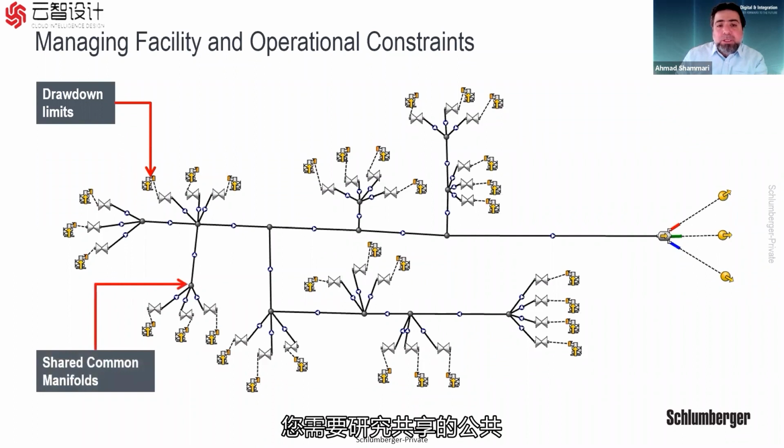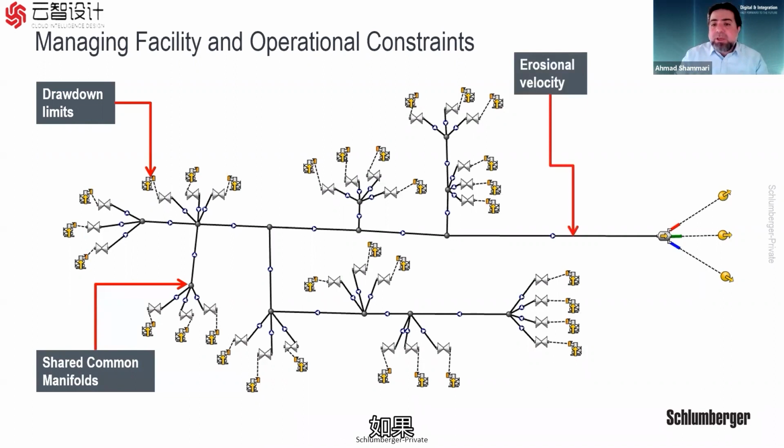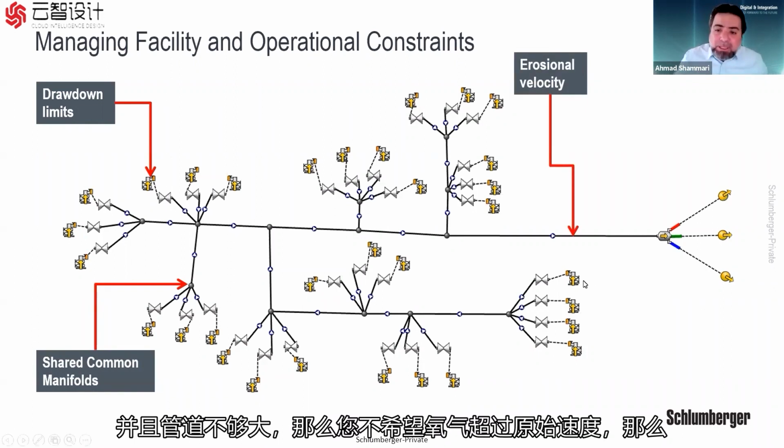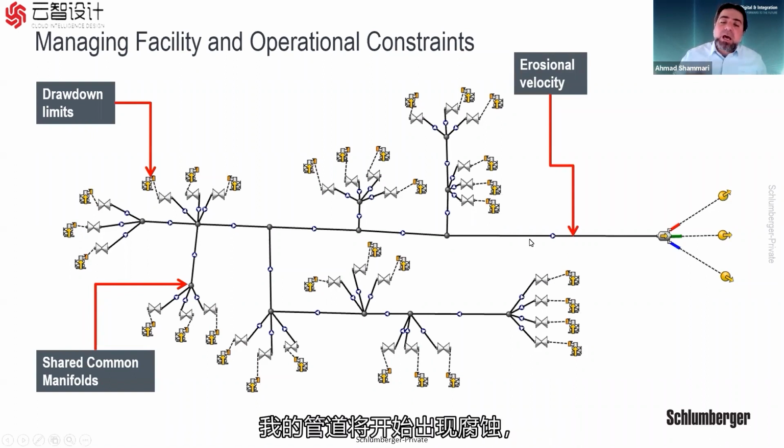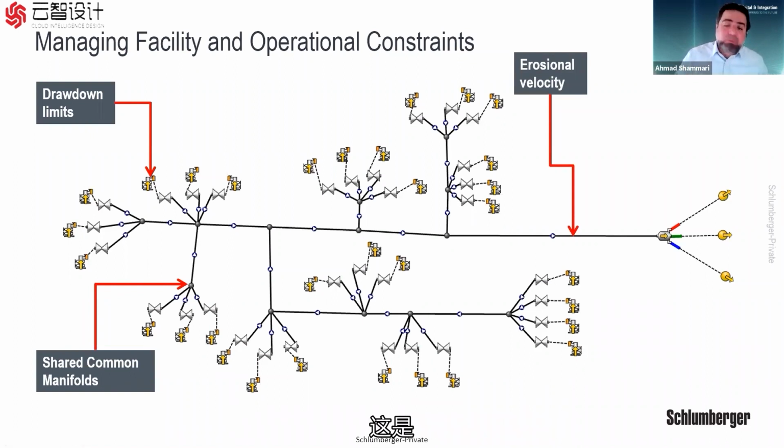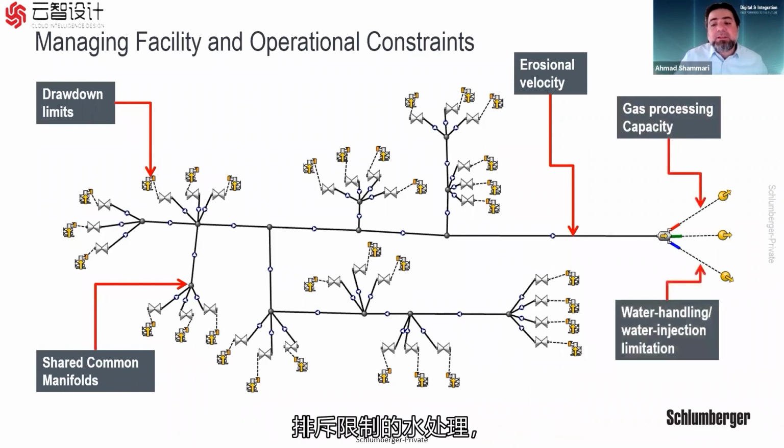You need to look into the shared common manifolds, as in one of the examples I showed before. Let's say the manifold itself can handle a certain production flow rate, so you don't want to exceed that. You have the erosional velocity. If the production is very high and the pipeline is not big enough, I will start having erosion in my pipeline, which is a major problem. Then there is gas processing capacity, water handling, and water injection limitation. So this is what we call